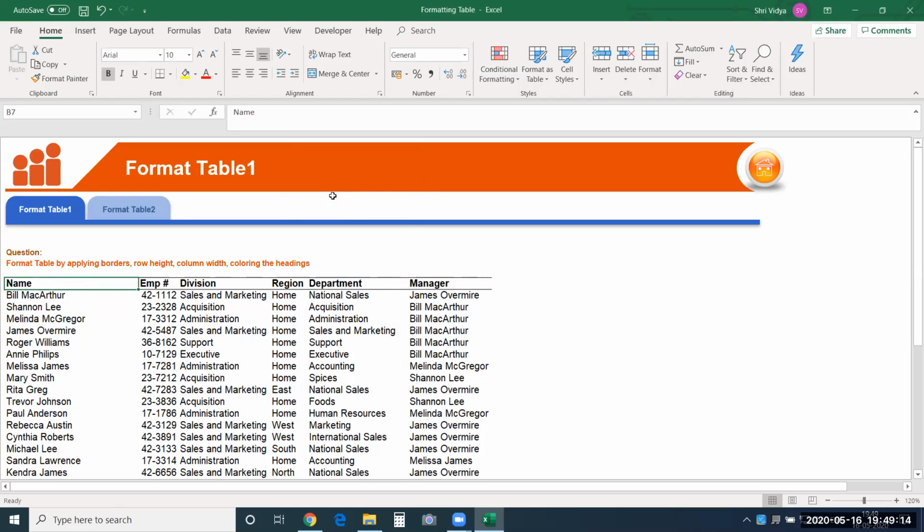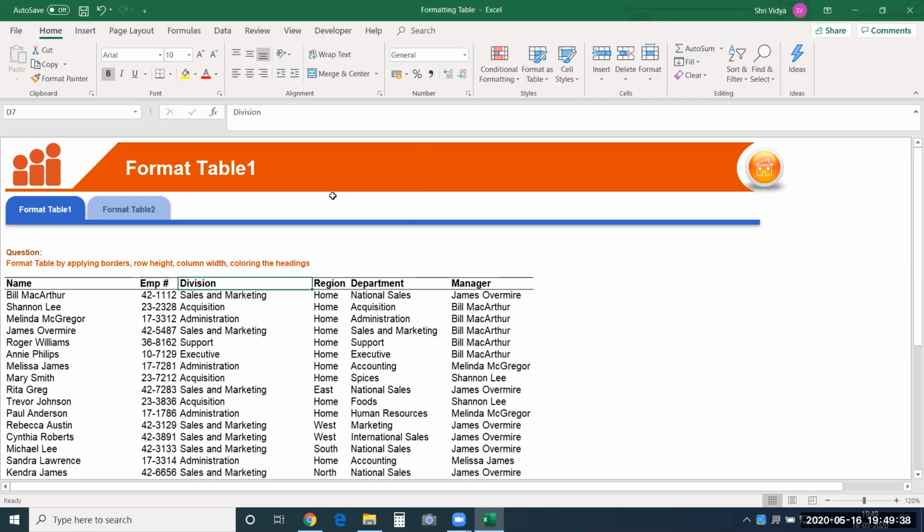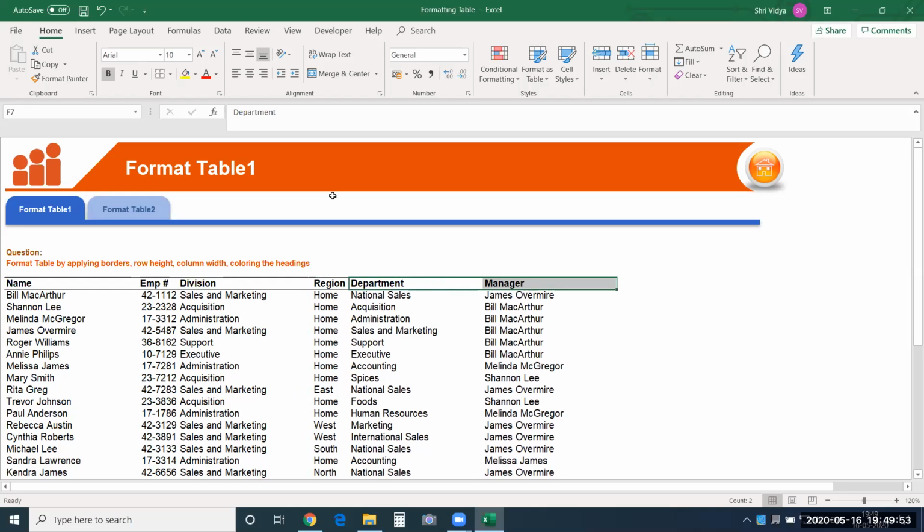Now I want to repeat the same action on this division column, department and manager. See, again, I don't have to give Alt O C W and keep changing it. Since we have already done it on name, and I want to use the same width on division, department and manager, I'll just say Control Y. You all have used Control Z. It will undo your previous action. If I want to repeat the previous action, you should use Control Y. Just redo. It will just repeat it. I want to increase the width of department, manager and division. I just used Control Y.